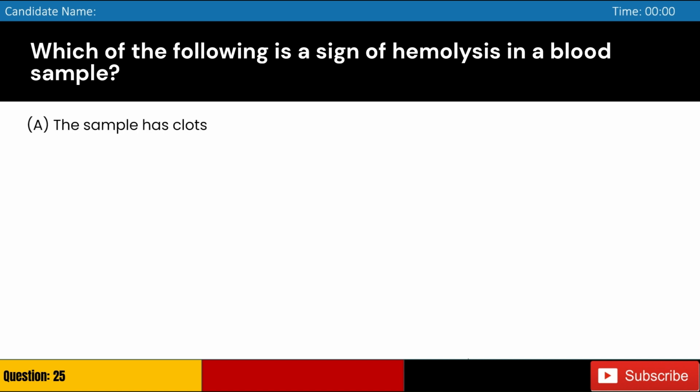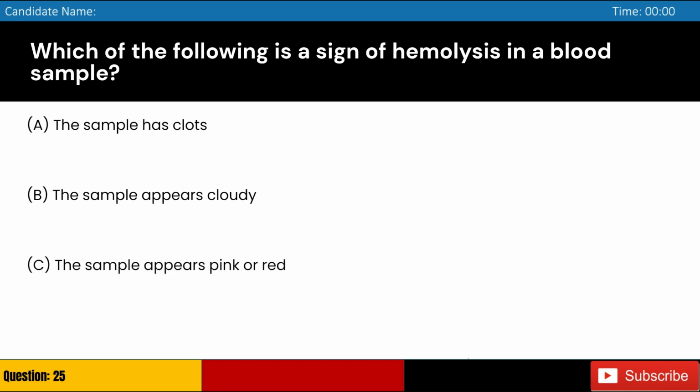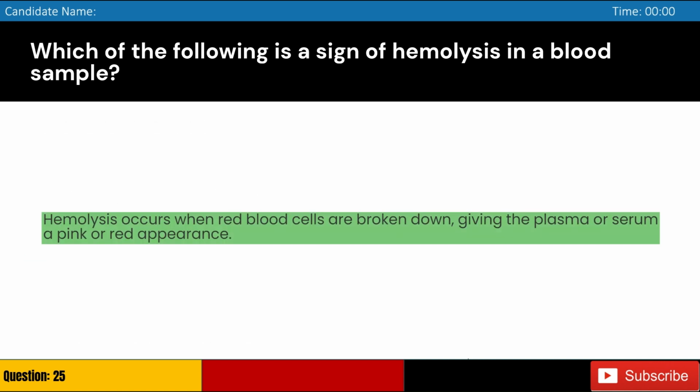Which of the following is a sign of hemolysis in a blood sample? A. The sample has clots. B. The sample appears cloudy. C. The sample appears pink or red. D. The sample appears yellow. Answer C. Hemolysis occurs when red blood cells are broken down, giving the plasma or serum a pink or red